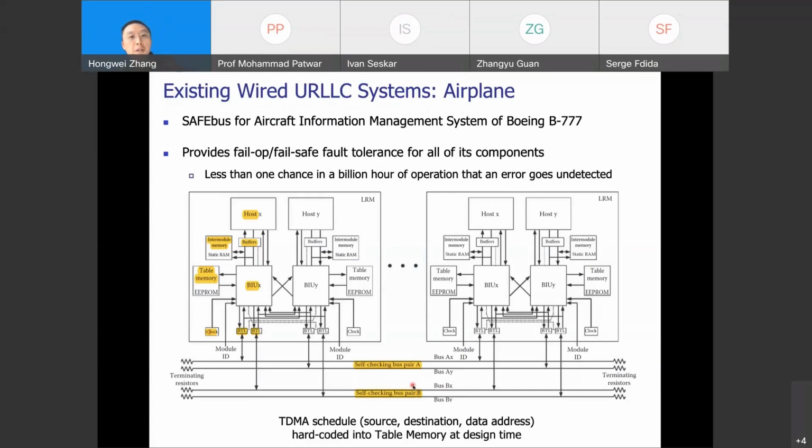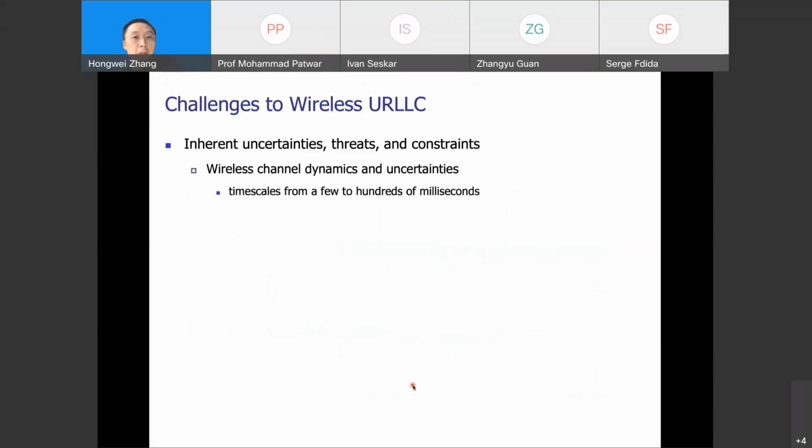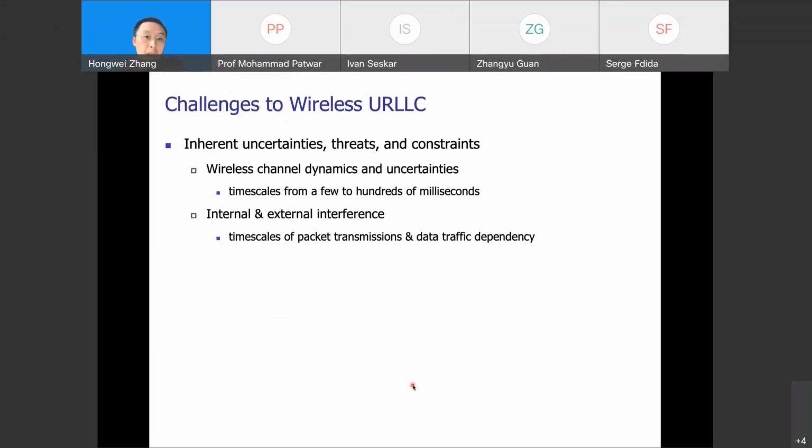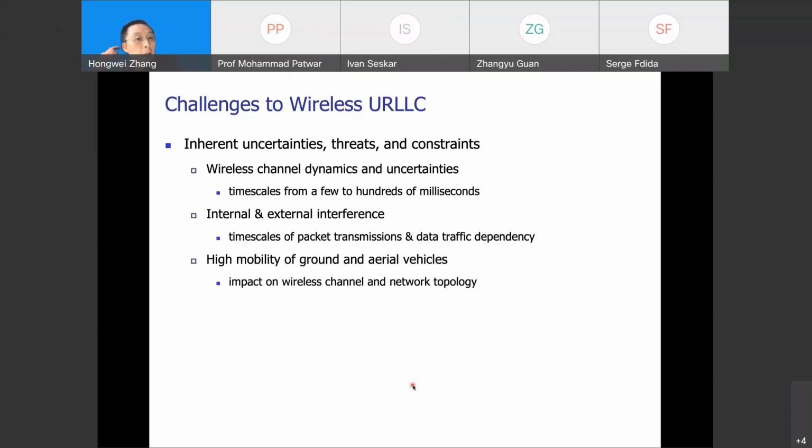Now the question is, if you look at wireless systems, what is it going to look like, right? As we all know, the moment we look at wireless, many things change, right? There are a lot of inherent uncertainties, threats, and constraints that we have to deal with. For example, there are channel dynamics at different time scales, from a few to hundreds of milliseconds, depending on mobility. Also, internal and external interference, which could also vary at a time scale of a few milliseconds or even sub-millisecond in 5G type of settings. And also we have high mobility, which would further